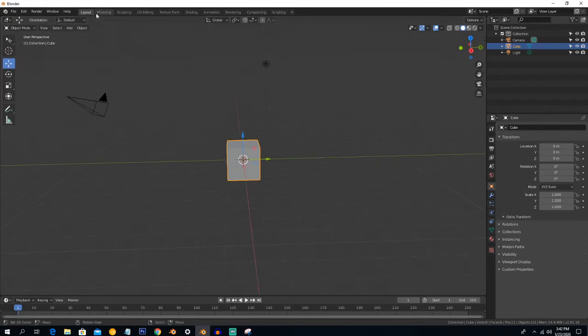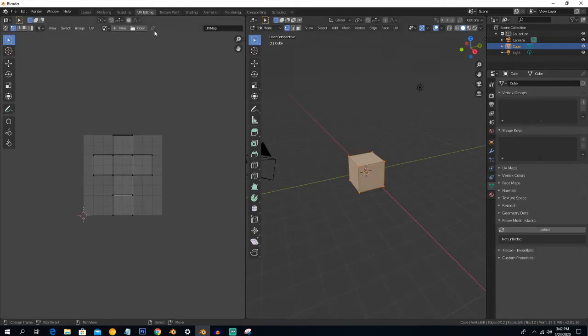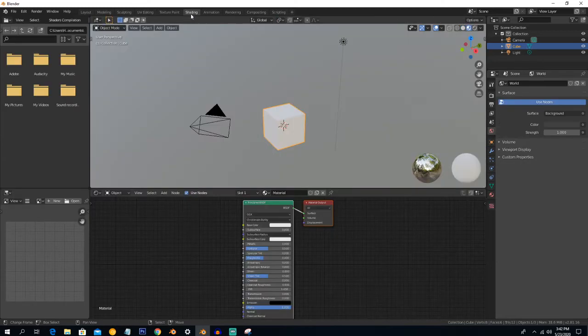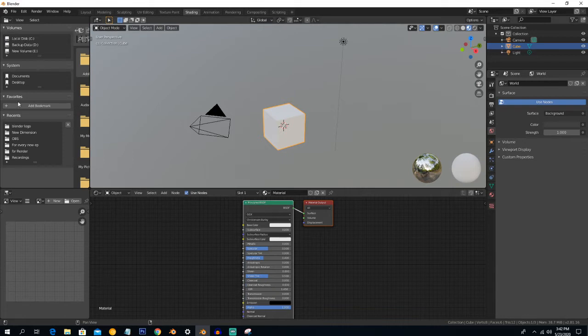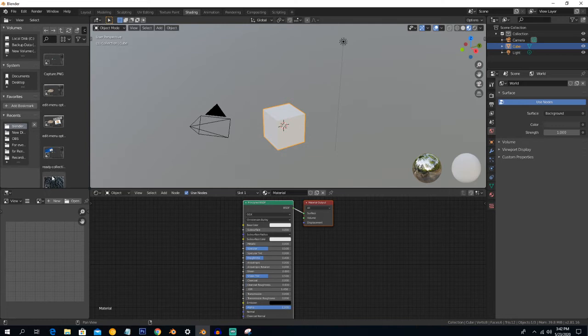So for UV unwrapping, you have to go into the UV editing tab, and you can also do it in the shading tab. First, open your 2D image which you want to put, and simply drag and drop it here.